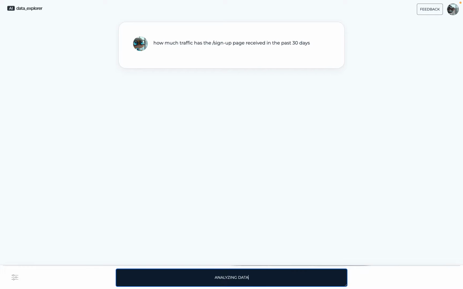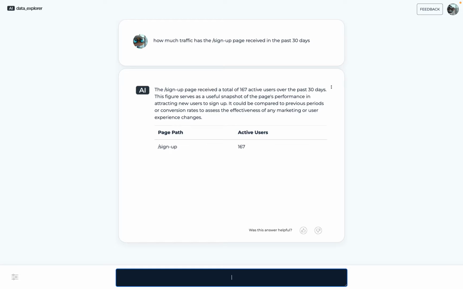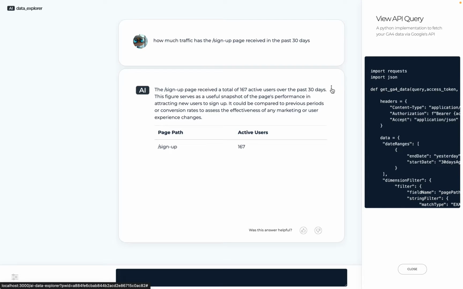So I have a question about traffic that's coming to the sign-up page. So I'm curious about this. So in the past 30 days, I've had about 167 users, which is great. I'd like to call your attention to this little three dots up here. When you click on this, it'll pull up the API query that was used to